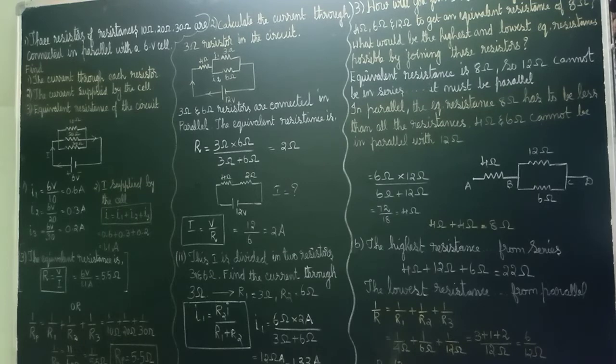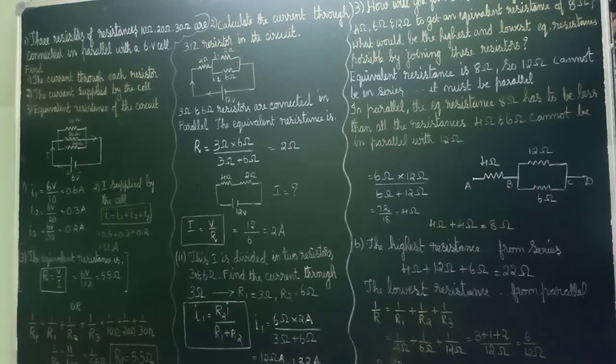So we'll start solving. See the circuit, how it is connected, 6 volt battery, then all the 3 resistors are connected in parallel. And it can be marked as R1, R2, R3 because it is 10 ohms, 20 ohms and 30 ohms. What's the first question? We are asked to find the current through each resistor. So the first one you see I1, I2, I3 like that we will find.